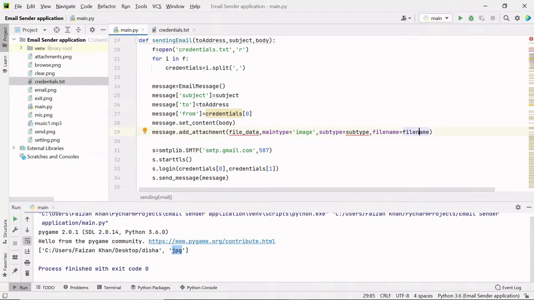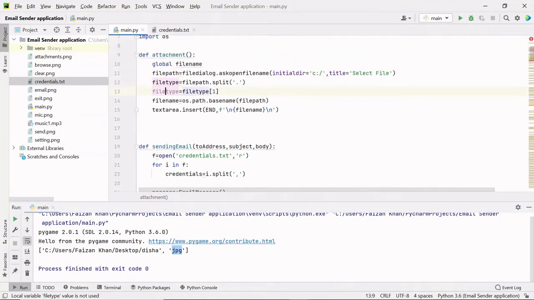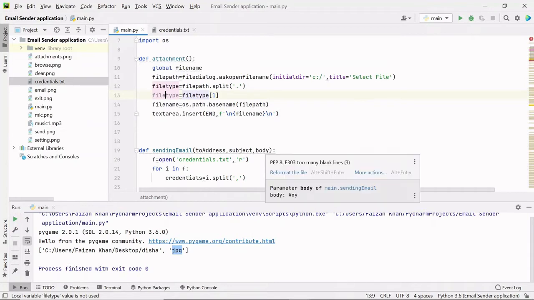And as I already told you, we are interested in sending two types of attachments. One will be image file, another will be the documents. So what I did here, inside this file_type variable we got the format of the file, right? So I'm going to use this variable inside this sending email function to check whether it is an image file or some other document.